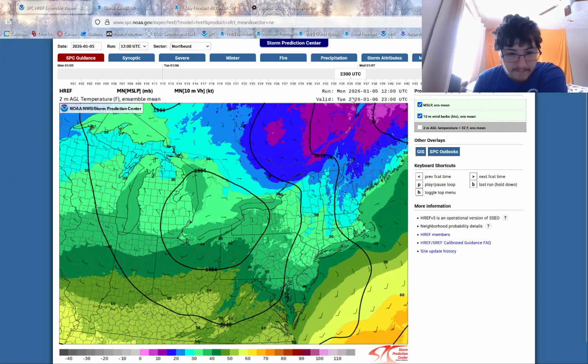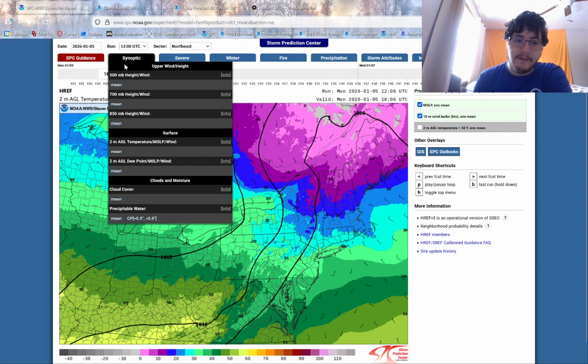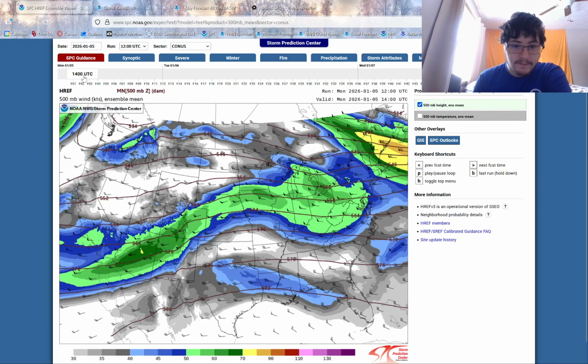But just given the information we're working with here, it does seem like that may be the case. However, the official forecasts do have some warmer temperatures on Wednesday, so I am wondering if something is going to happen beyond the morning time frame that is going to make that change occur. My guess would be that it's related to that secondary system that we saw on the 500 millibar chart. If we zoom back out,